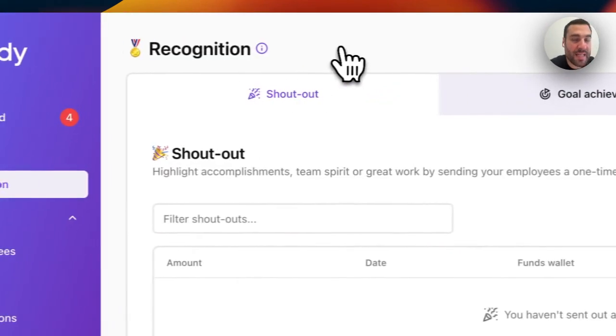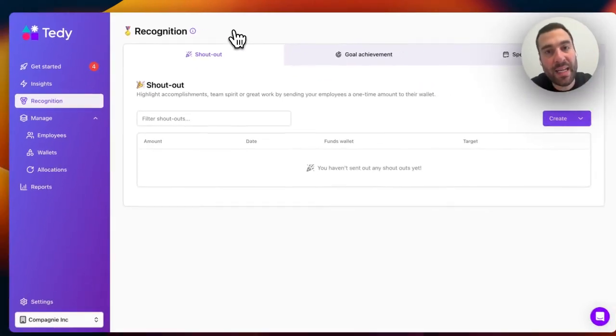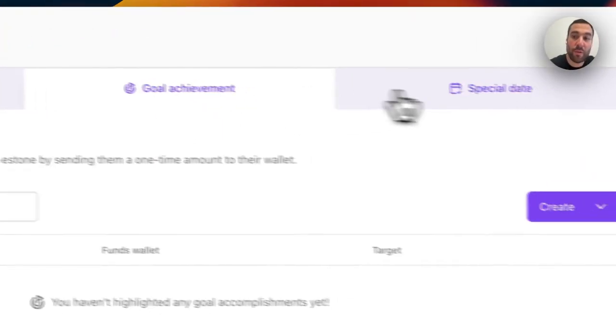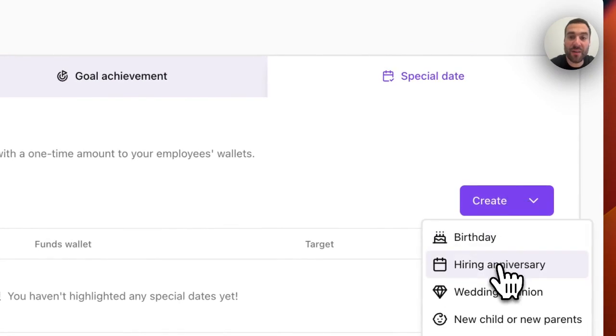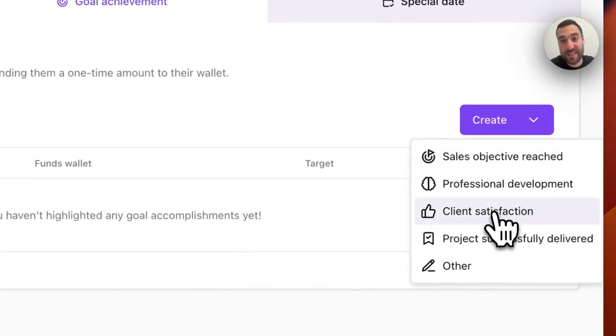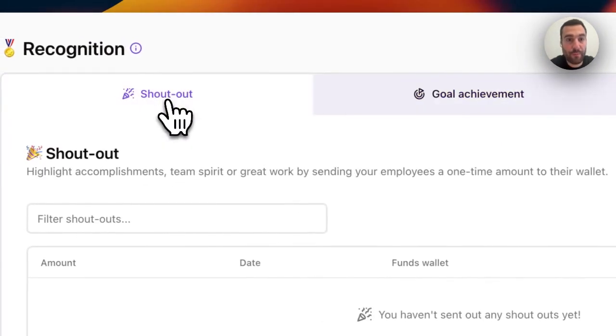Recognition, on the other hand, is really designed to highlight specific actions or moments inside your company. And so there are one-time amounts only, but that are tied to concrete things that happen or special moments. So you can give a shout out, or you can highlight a goal achievement or a special date. So let's say a hiring anniversary, for example, you can highlight a client that's satisfied with your employee's work, or